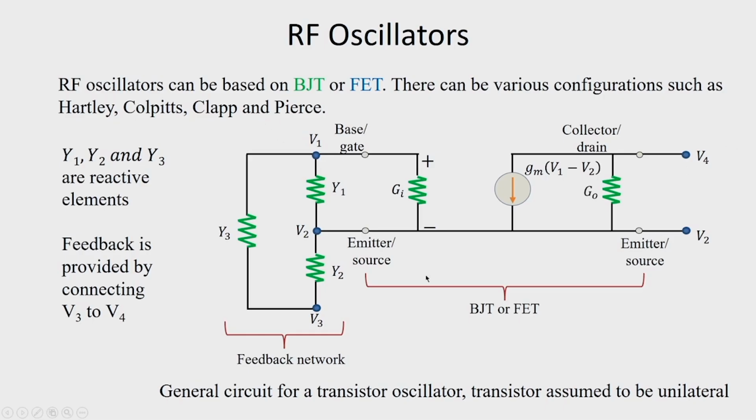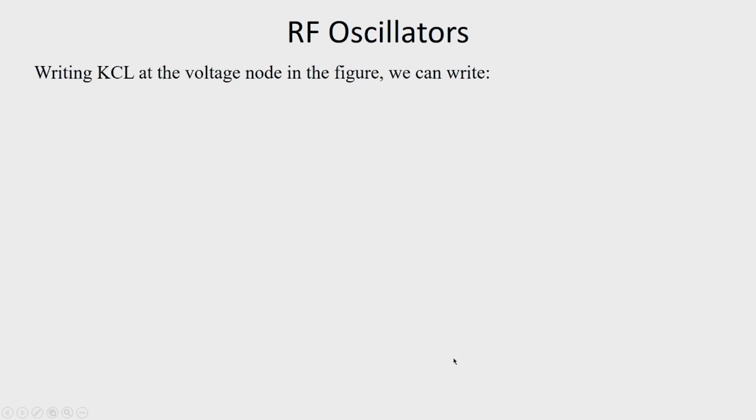So, for this first node, as we have seen, Y3 (V1 minus V3) plus Y1 (V1 minus V2) plus G_I (V1 minus V2) equal